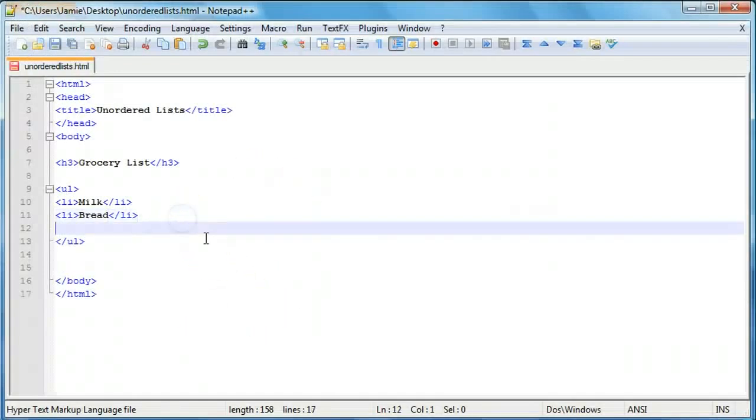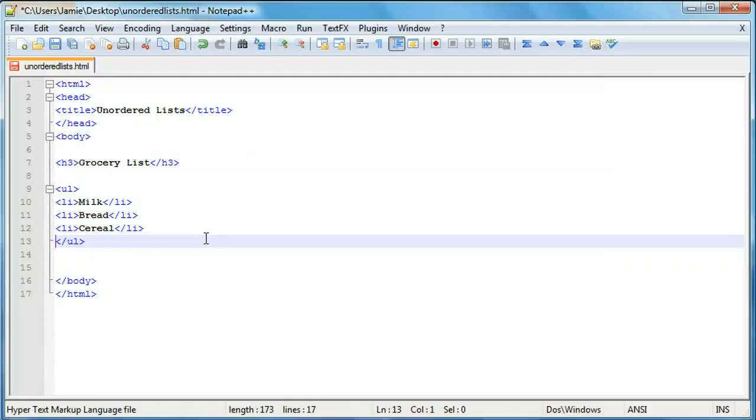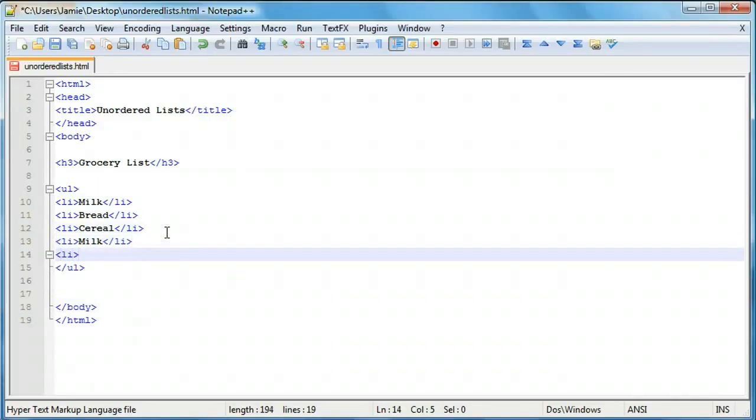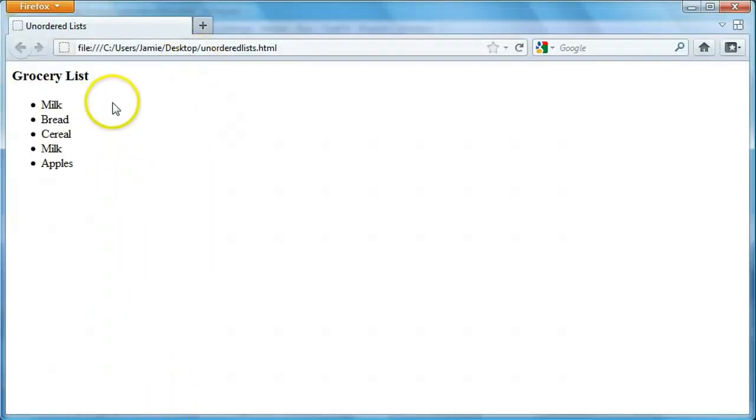And we'll just add a couple more items. We'll say cereal. Oops. Come back over here. Say milk, and then we'll put one more item on there. We'll say apples. So if we refresh this and we come on over, we'll notice that we have 5 bullet